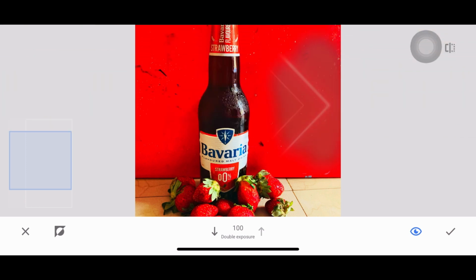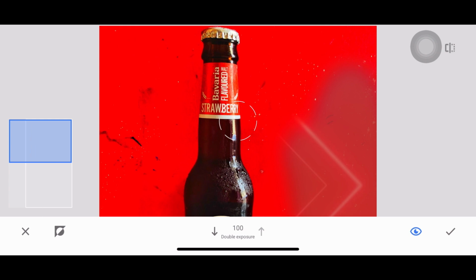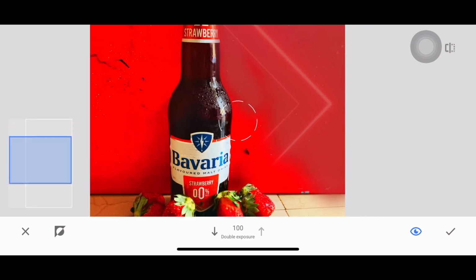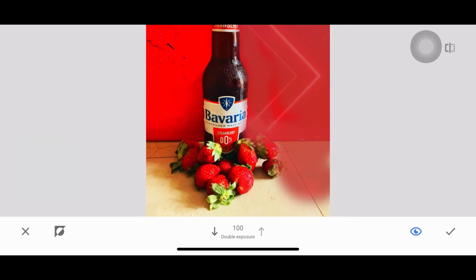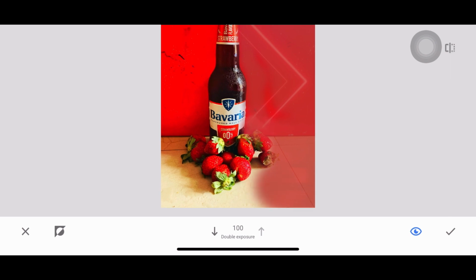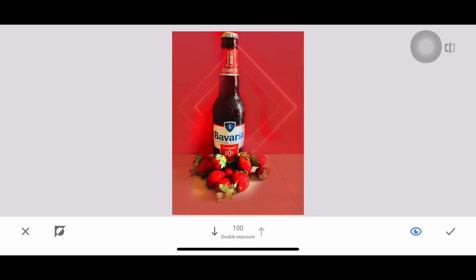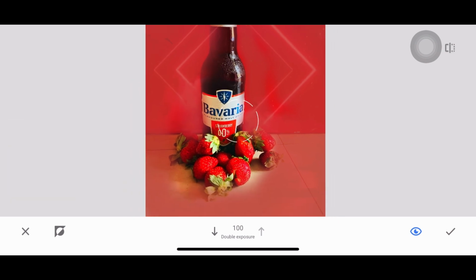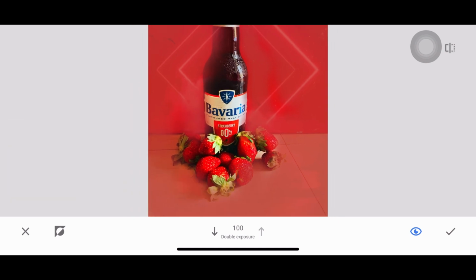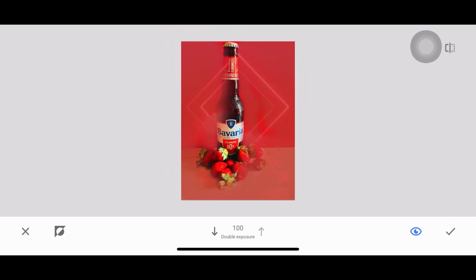Here I am using my finger and cropping all the background. And as you can see on the screen, the background is changing. You can change your background as per your wish and select the background from Google Chrome, as there are very many backgrounds on Google Chrome and Pinterest also. Here I am clearing the background and you can see here the background has been changed. And in this part you have to be patient and use your fingers nicely and clear all the background.